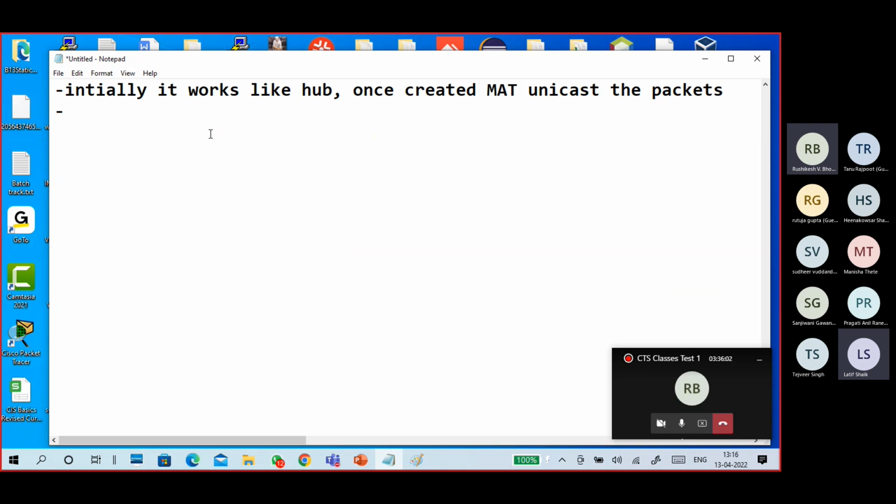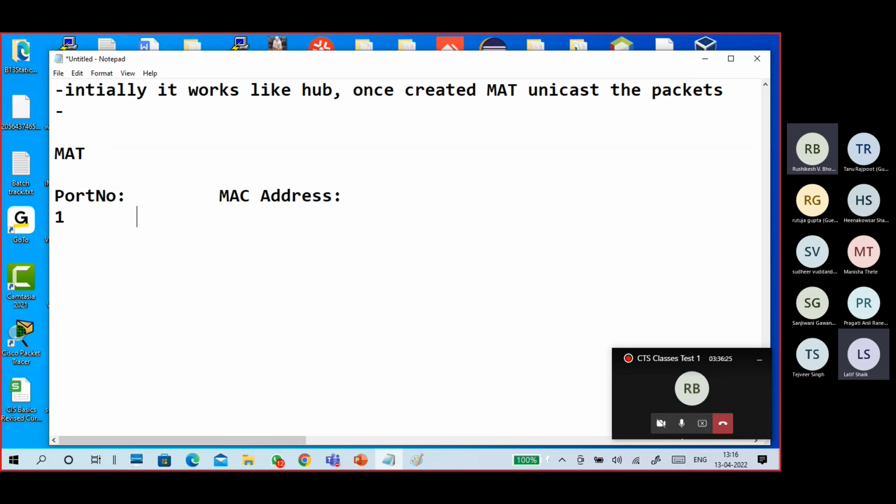I will put the MAC address table, MAT, here. Guys, these port numbers are switch port numbers, not protocol port numbers, alongside the MAC addresses of the devices.